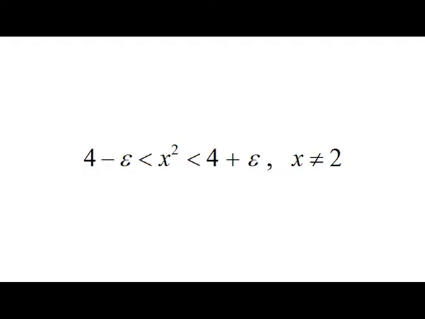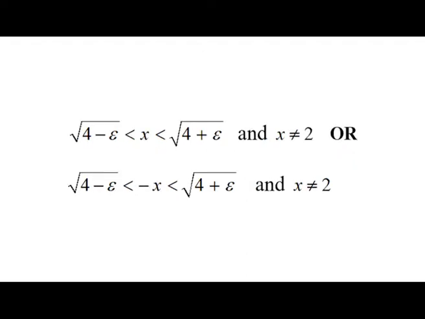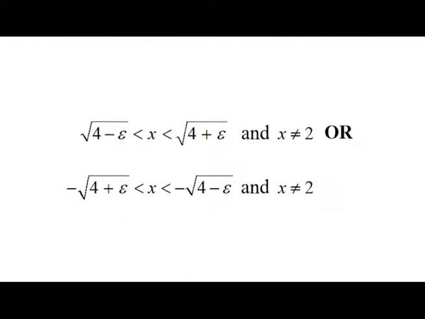which is equivalent to square root of 4 minus epsilon less than absolute value of x less than square root of 4 plus epsilon if x not equal to 2, which is equivalent to square root of 4 minus epsilon less than x less than square root of 4 plus epsilon where x not equal to 2, or square root of 4 minus epsilon less than negative x less than square root of 4 plus epsilon and x not equal to 2, which is equivalent to square root of 4 minus epsilon less than x less than square root of 4 plus epsilon and x not equal to 2,